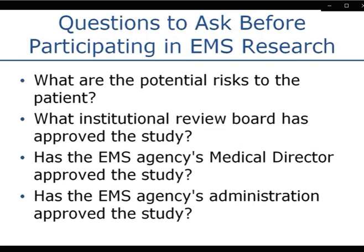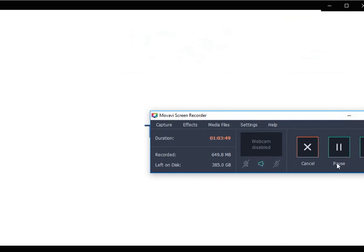Has the study been reviewed and approved by a board? Does your medical director approve of the study? Does your EMS agency approve of the study? All those things need to be included when conducting research. So that's sort of a brief look at